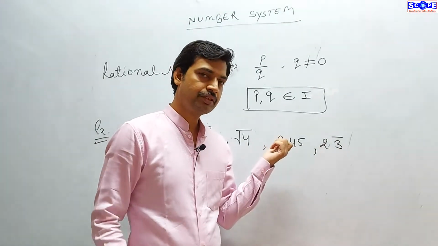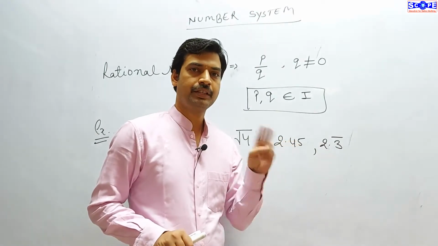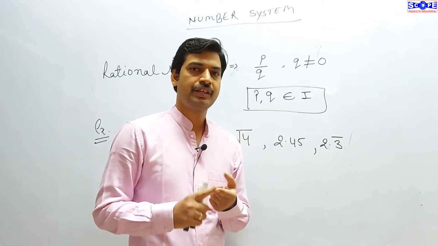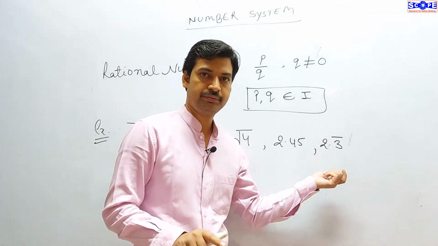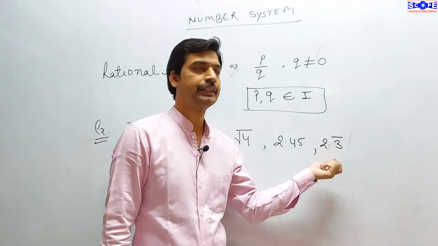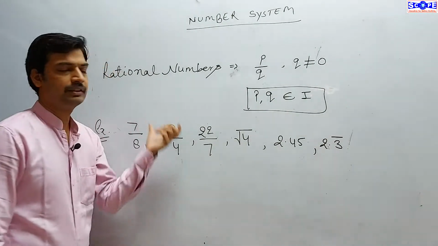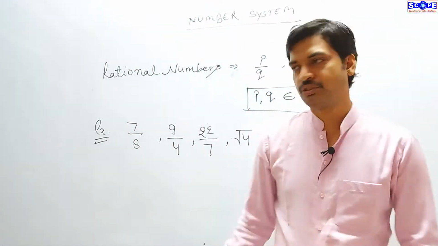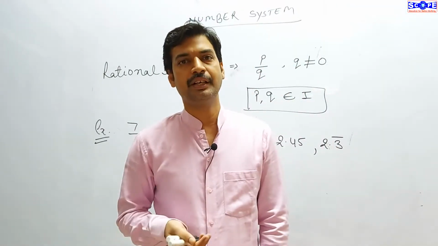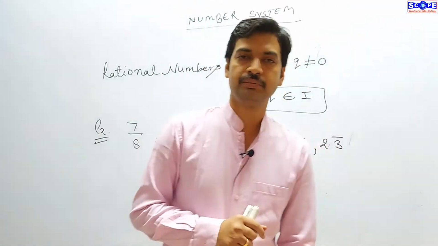So decimal parts are also included in rational numbers. The conditions are either it is an ending decimal or a non-ending repetitive decimal, then it is included in rational numbers. Or in other language, I will say that the numbers which you can think of are always rational numbers. Mathematically, most of the numbers used are rational numbers.